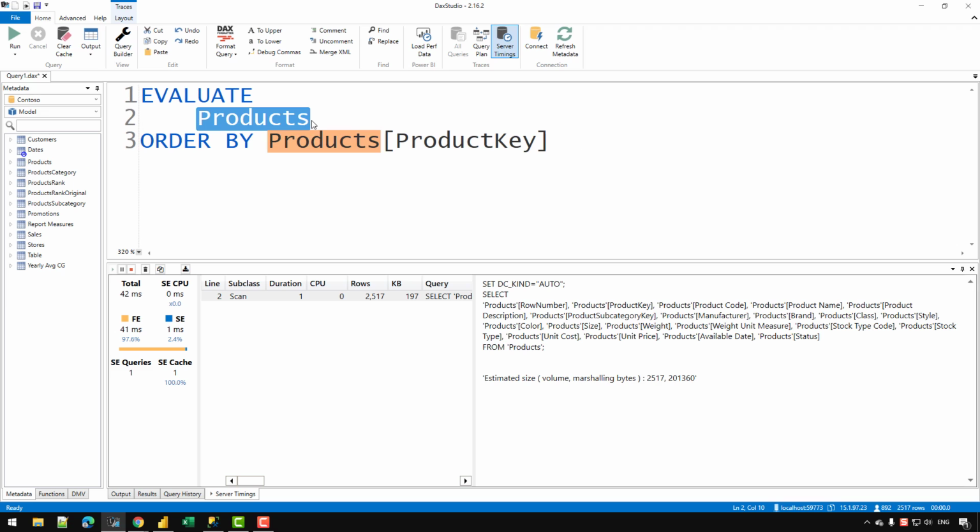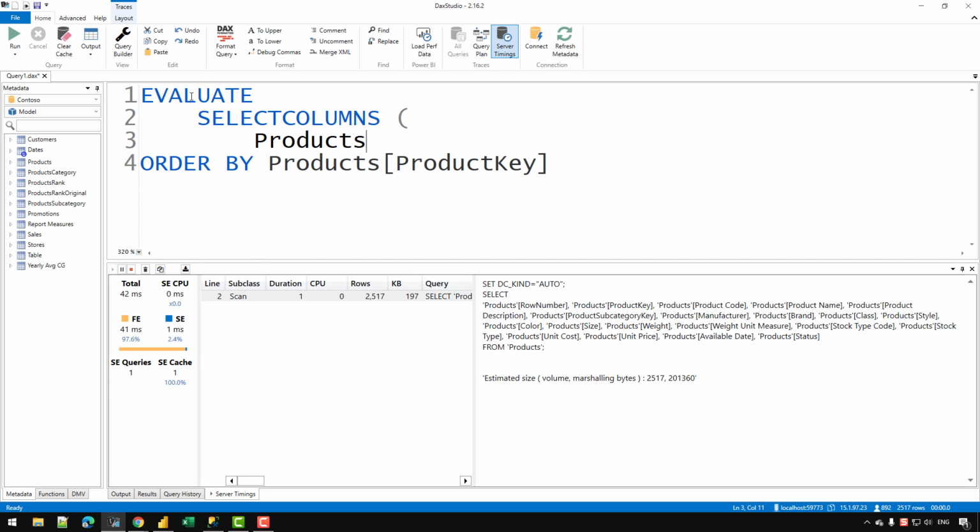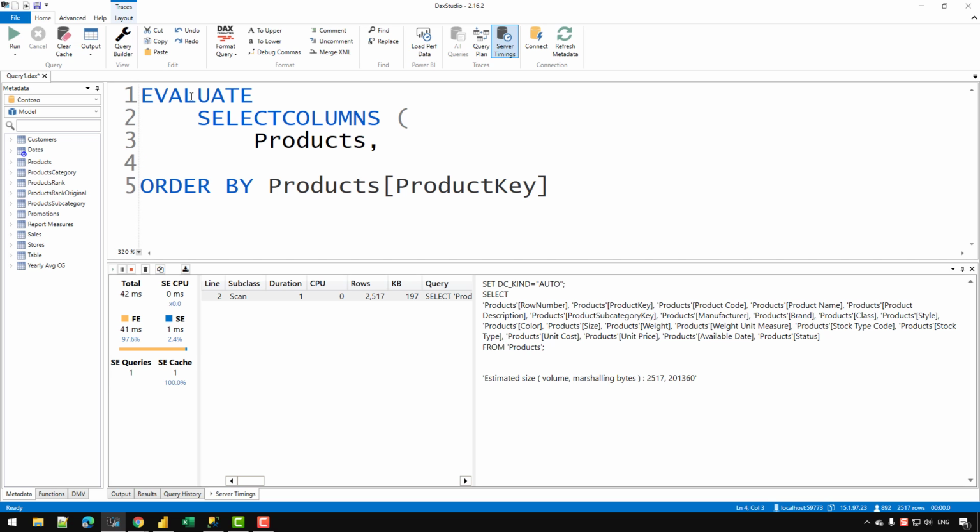Now there is no option of selecting the columns by writing SQL code, and the SELECT equivalent in DAX is SELECTCOLUMNS. So let's write that function, and in the first argument we need to provide the table from which we want to extract the columns. From the second argument onwards, we provide the name of the column and the column that we want to extract.